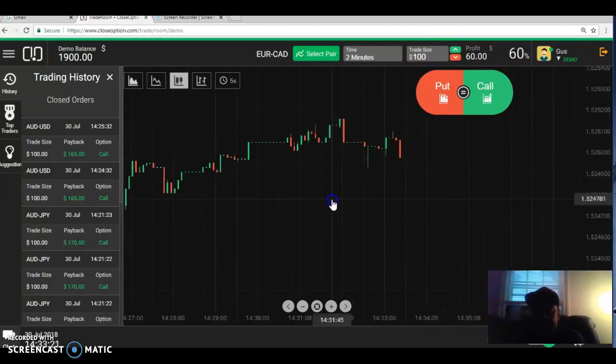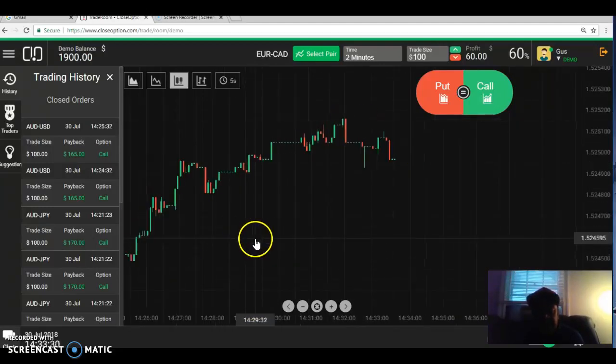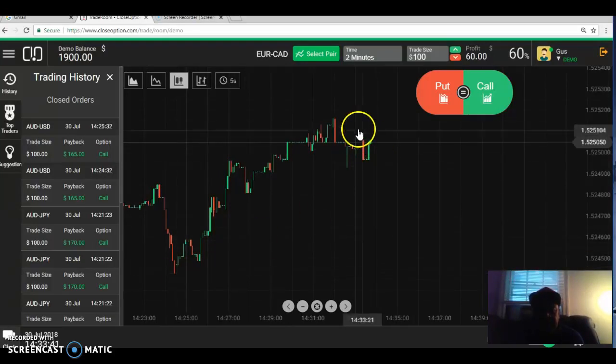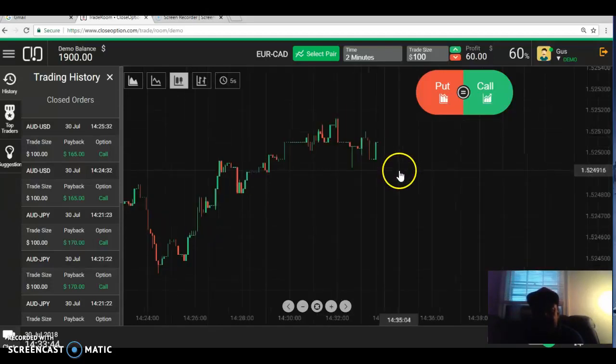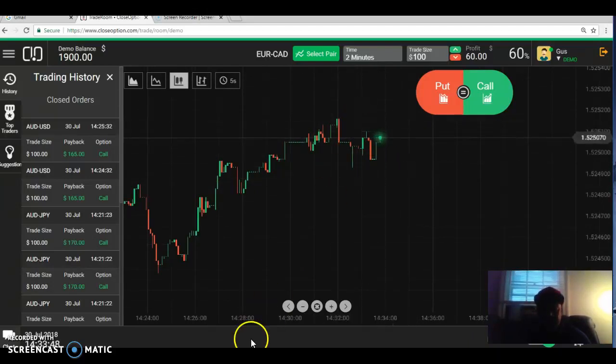This is not quite almost there. I'm looking at levels of support. Well, this is a level of resistance here, and I'm looking at levels of support in this particular time frame here. This right here would be the lower level of support. This would be a level of resistance up here. And basically, I'm looking for the currency to hit these levels of support and resistance, and what I do is